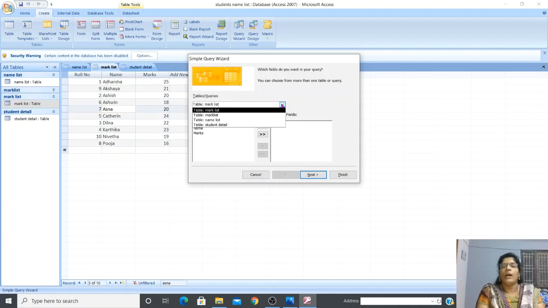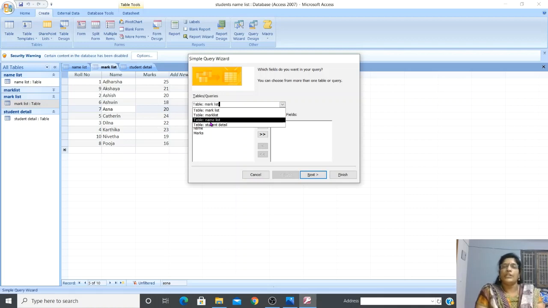Click on the arrow mark, you can see the list of tables you have created: name list, mark list, students detail. So these are the tables we created so far. Whatever table you created will be displayed here. You have to select the table which you need.